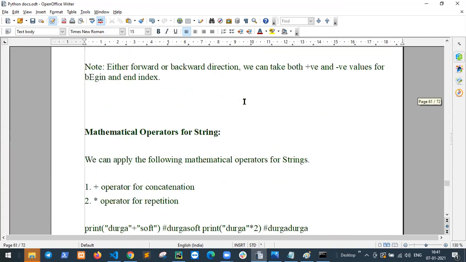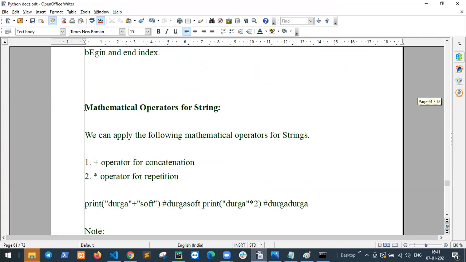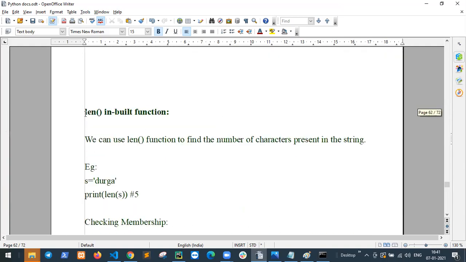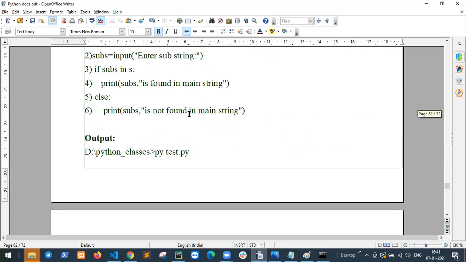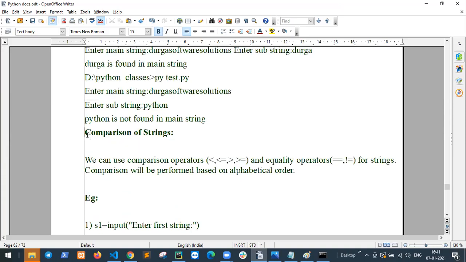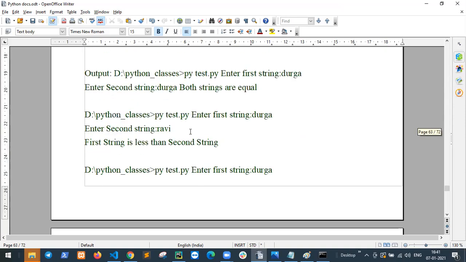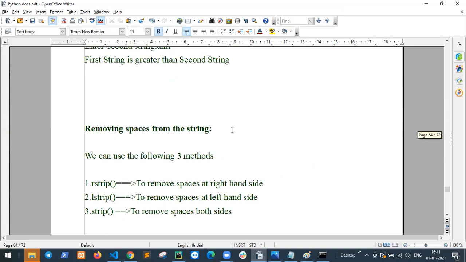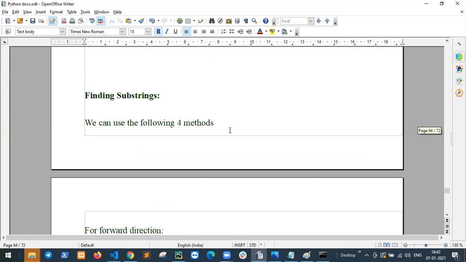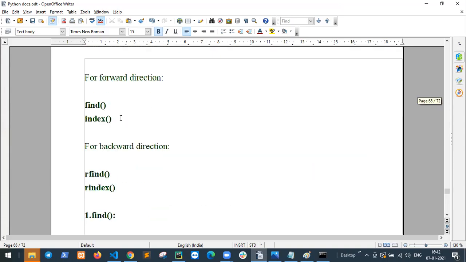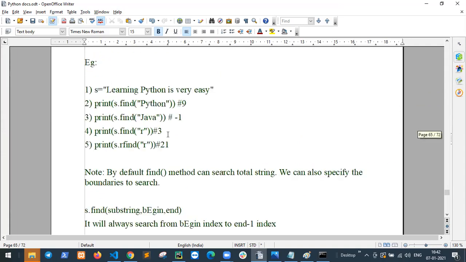So next topic is mathematical operations. Many string operations are there, and many inbuilt functions are in the string. Mathematical operations, length function, inbuilt function length, and comparison of two strings, removing spaces from the string, finding substring: find, index, rfind, rindex.